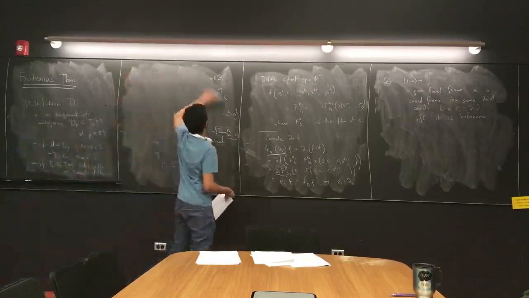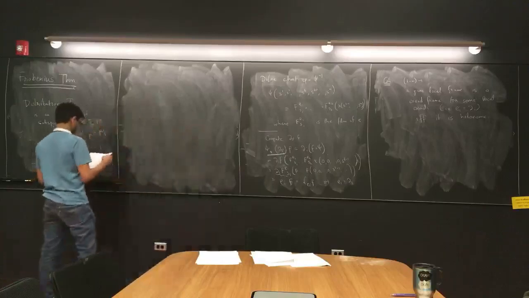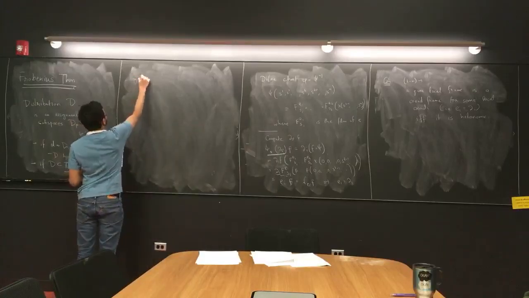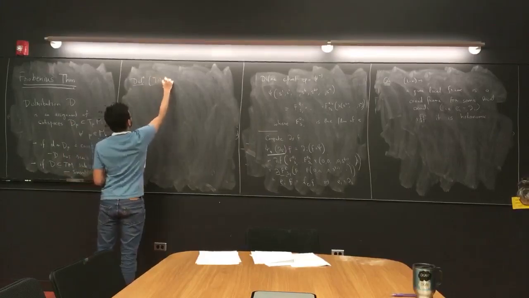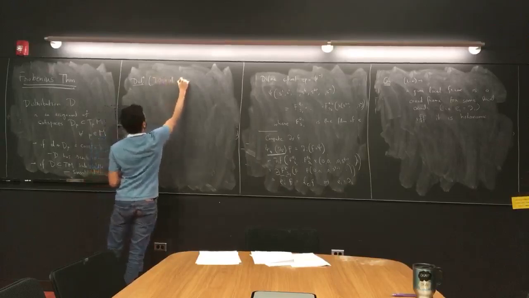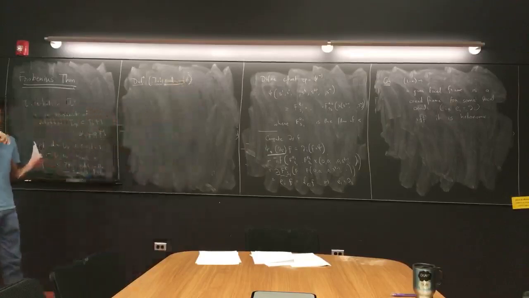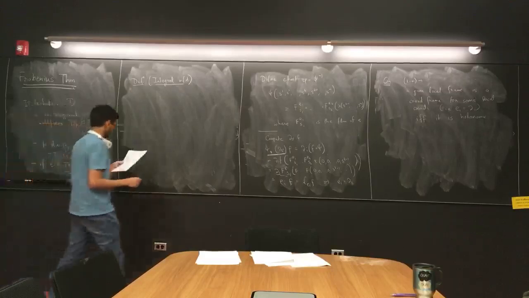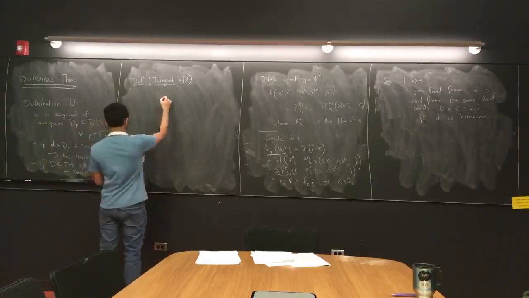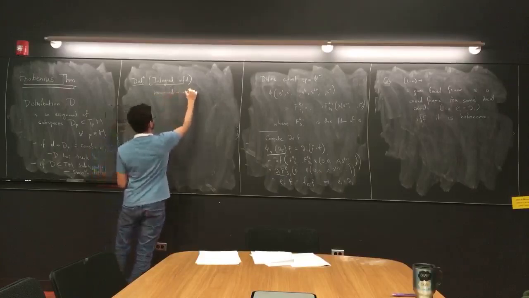So given a smooth distribution, we can define something called an integral manifold of the smooth distribution. The integral manifolds are essentially the high dimensional analogs of integral curves of vector fields. But the integral manifold for a smooth distribution is an immersed submanifold